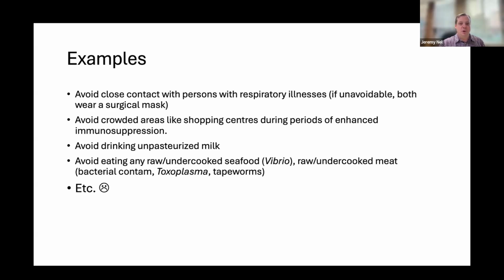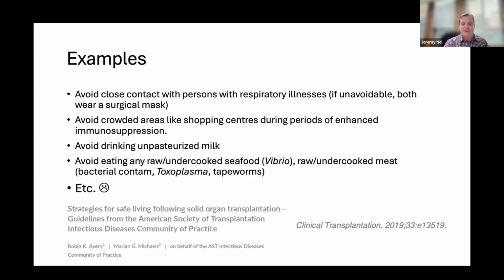Avoid eating raw and undercooked seafood because you can get Vibrio infections, particularly when you're immunocompromised. Undercooked meat, bacterial contaminations, toxoplasmosis, tapeworms, etc. I put a sad face there because it really does suck the marrow out of life a little bit, telling the patients this. So it's really important to not overshoot and just give them 1,000 things,